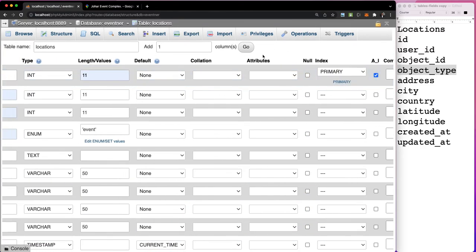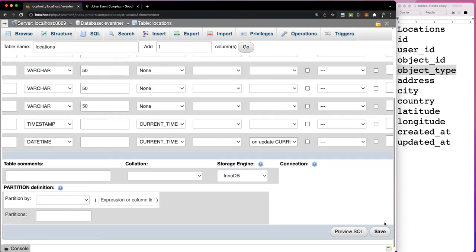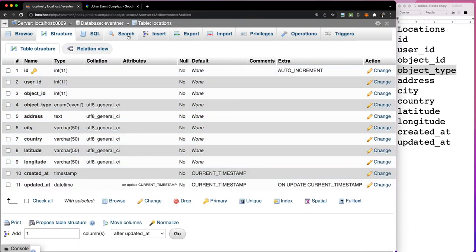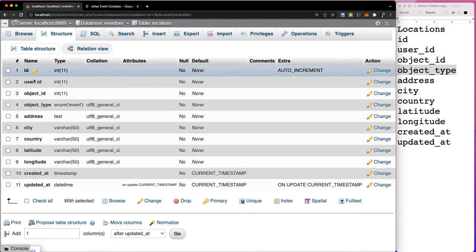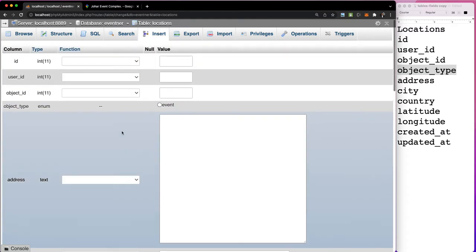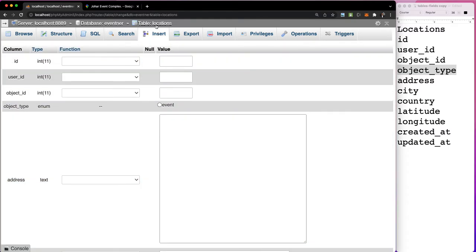I think everything is covered. If we save it, it creates a table for the locations in our database with the fields we have just created. If I click on insert, and here some people also ask me